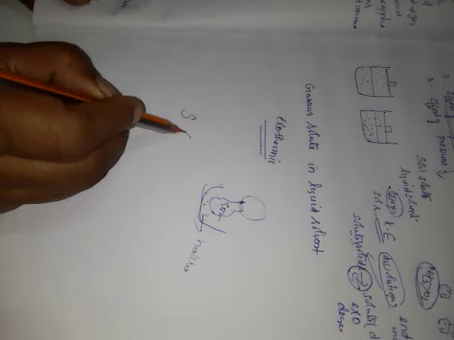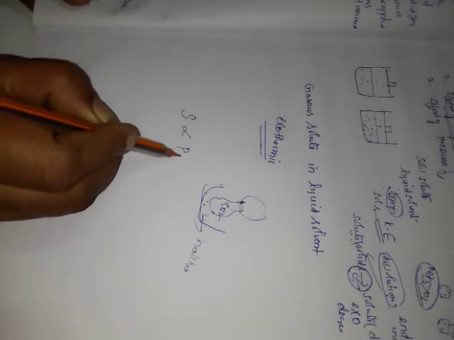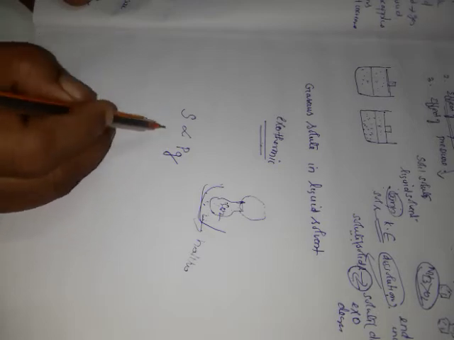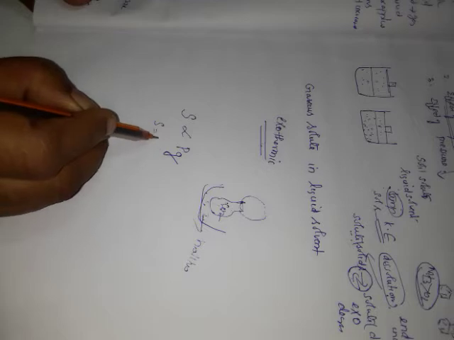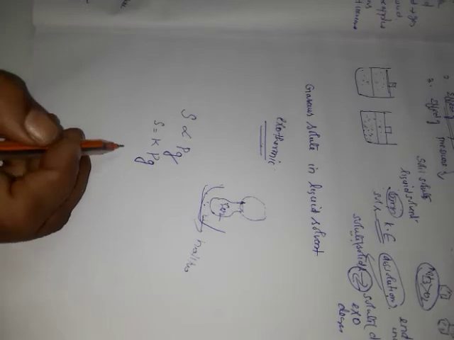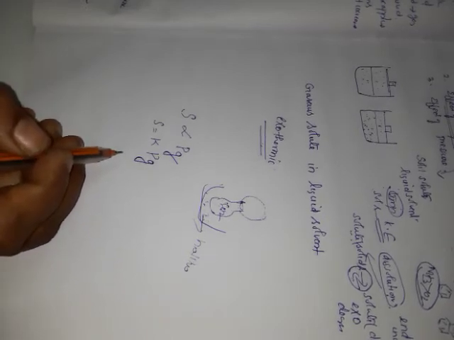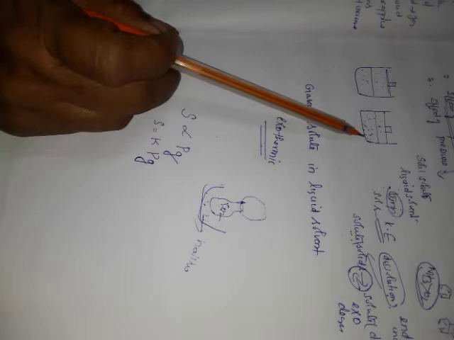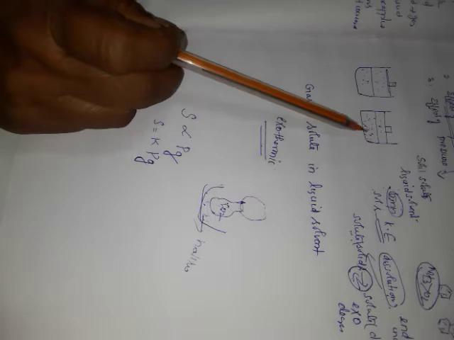it is defined as: solubility is directly proportional to the pressure of a gas. P means pressure, S means solubility. By removing the proportionality sign, S is equal to K times P. So, one more definition according to your book, it is also said that the partial pressure of the gas in the vapor phase is directly proportional to the mole fraction of the gaseous solute in the solution at low concentration.